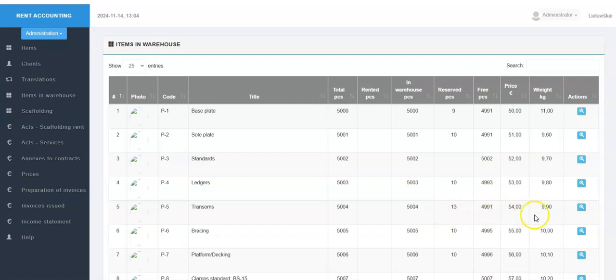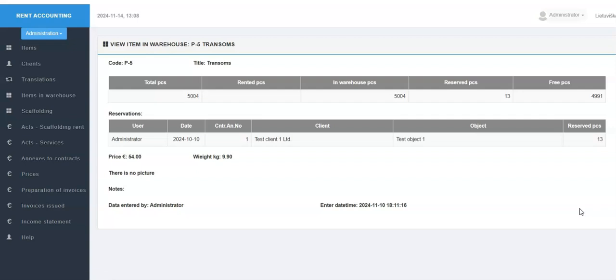And when we open the data page of the corresponding component, we can see which application user and for which client, and this client object made a reservation. We can see that the free quantity of components that will be available for the next reservation is calculated by evaluating the reservation that was just made.